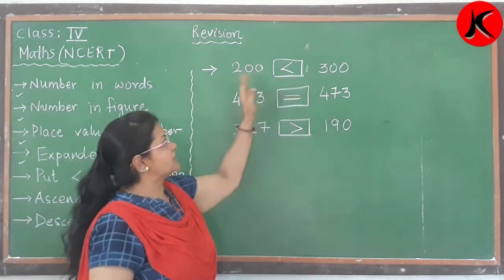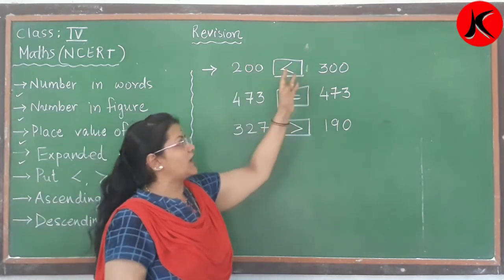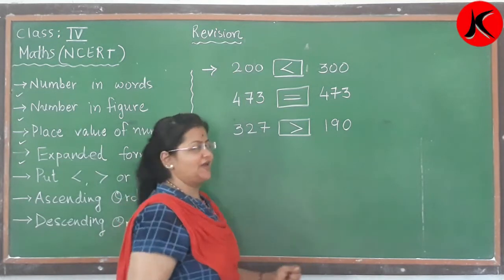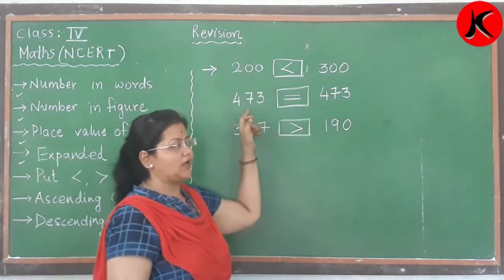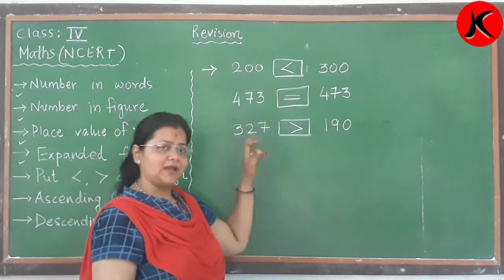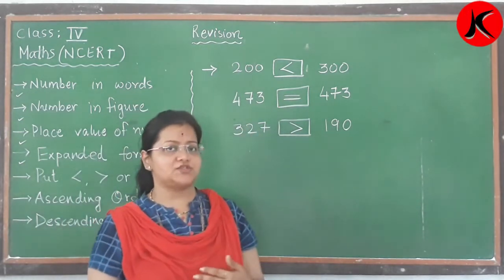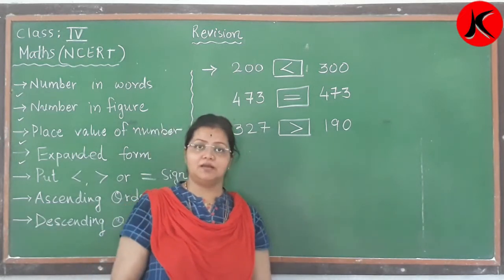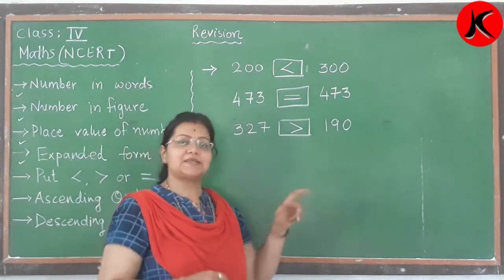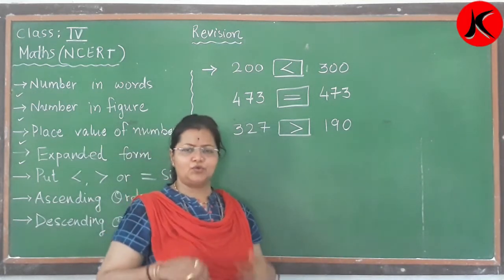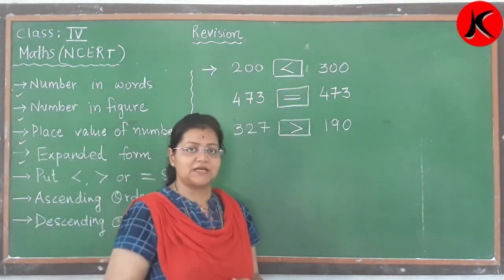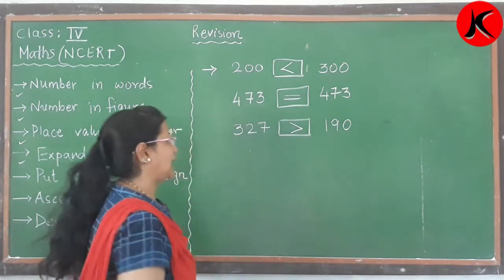Now, are you clear about these three symbols? For less than, whichever number is bigger, on that side we open the face and grab it. Same here, both are equal, so write the equal to sign. Here this one is the bigger number. I give one simple example. If I have 5 chocolates and my uncle has 7 chocolates, and I like to eat chocolate, I eat those 7 chocolates, right? I don't want my 5 chocolates; I eat the 7 first. That means whichever number is bigger, that one I like.